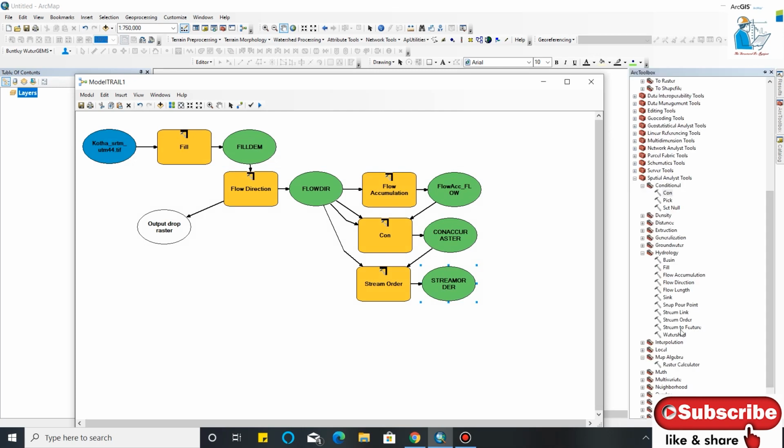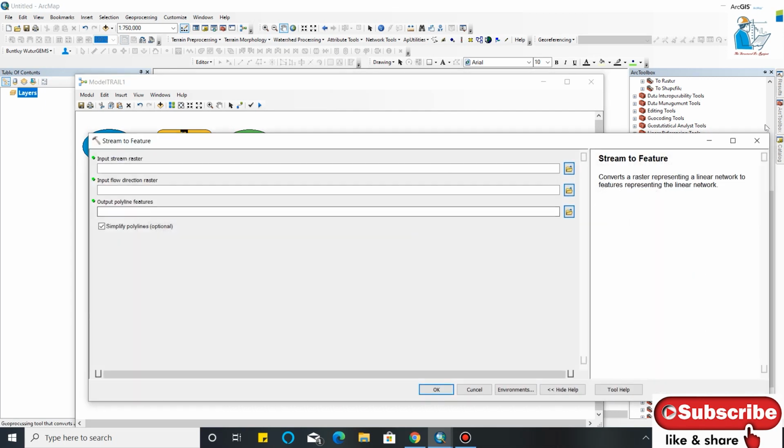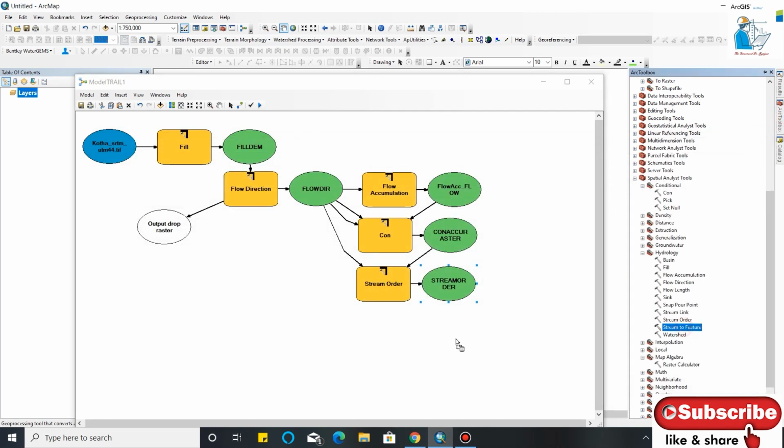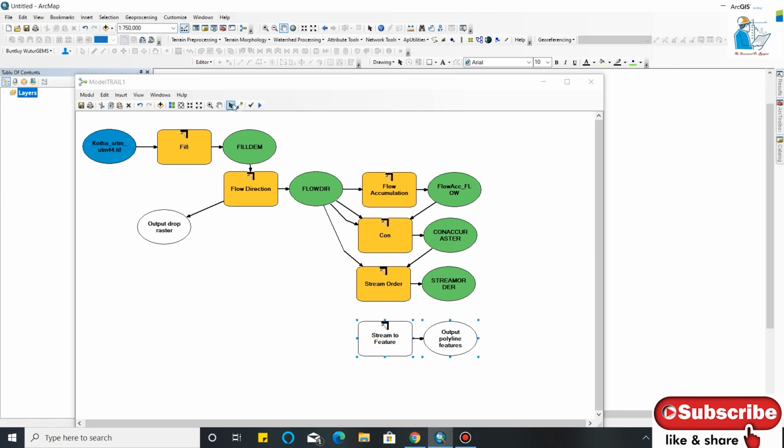Then go to stream to feature. Because this is raster, we will create a feature. We will connect this stream raster as the input stream raster, and flow direction as the input flow direction raster.